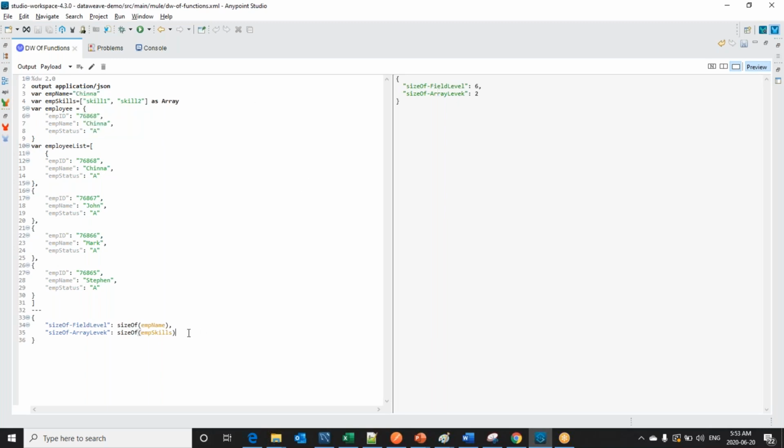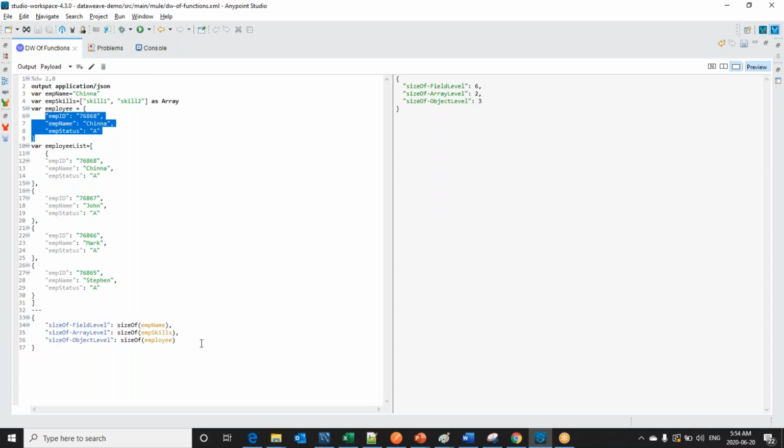And in similar way, let me get the size of at object level, and that should be size of employee. So it will give me the size of employee, how many fields we have. Those are 3.